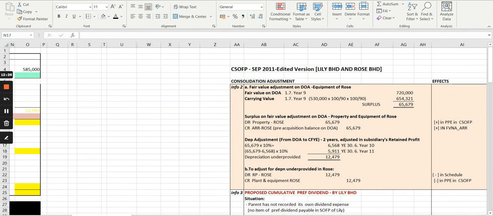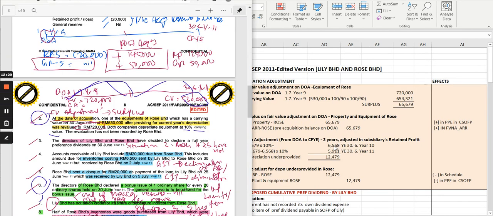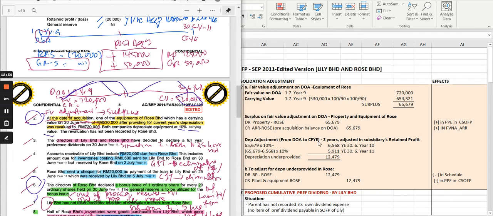So you get 6568, and the second one is to do the second adjustment, which is to find out the depreciation adjustment for the second year. It would be based on the carrying value, because we are talking about depreciation, which is the reducing balance method. So you take the 65679, the surplus, minus the depreciation adjustment here. So 6568 times 10%, you have 5911,